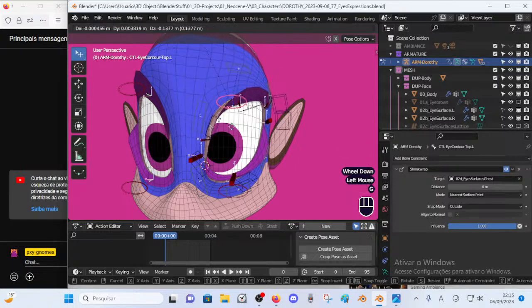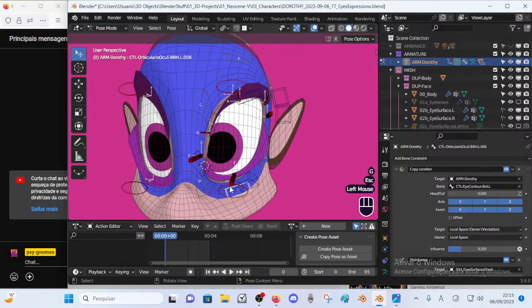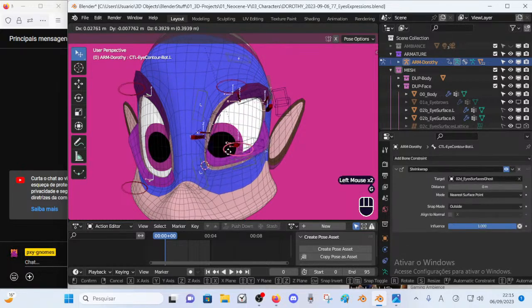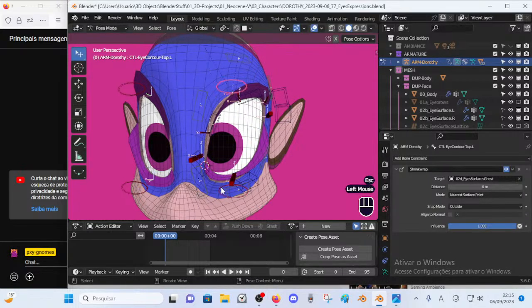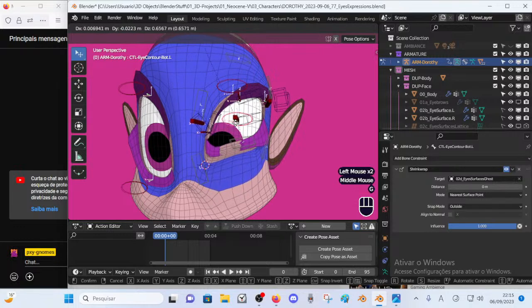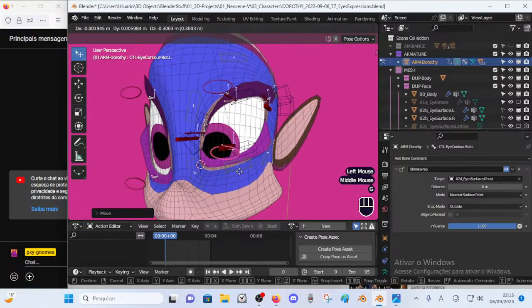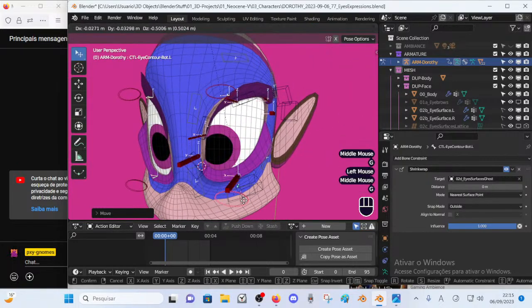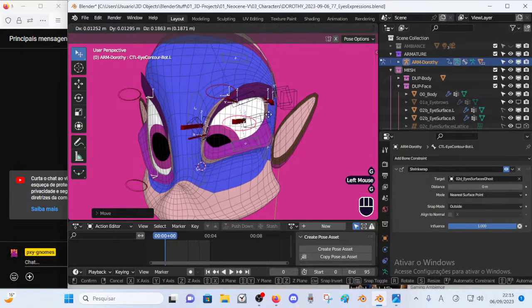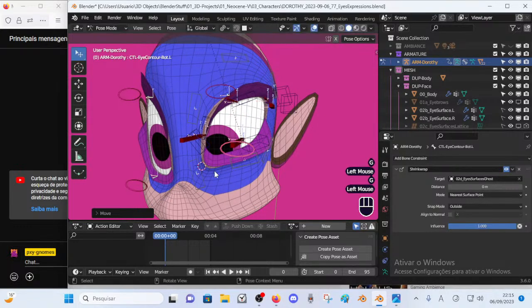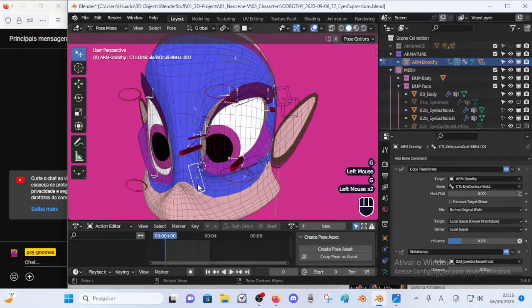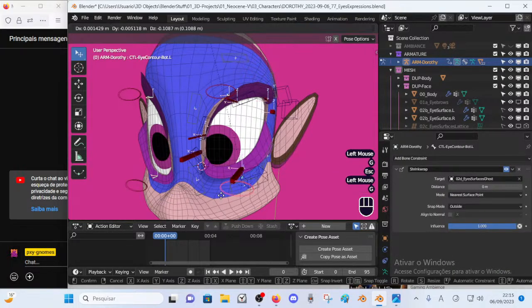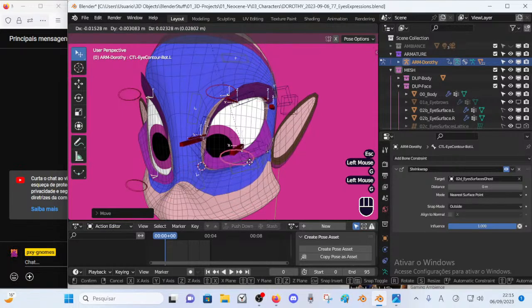This is very interesting, and I'm still tweaking it in order to find the best solution. So these circular bones here, they are shapes, they are main bones. They are meant to control simultaneously the eyelids, at least the bottom one, and these orbicularis oculi rig, the bottom ones as well.